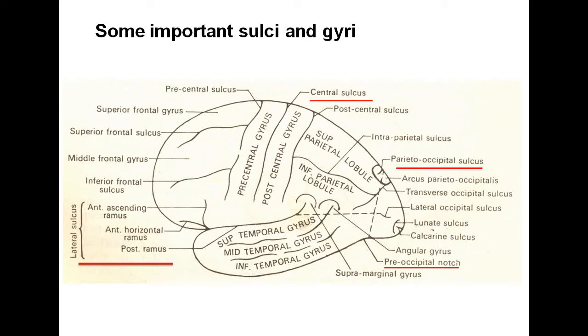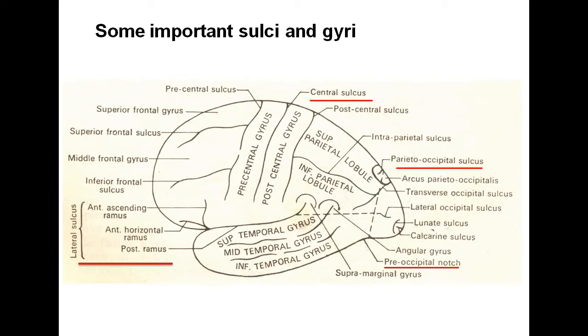The cerebral cortex is folded into gyri, which are separated from each other by sulci. Why are there elevations and depressions? Because it increases the surface area of the cerebral cortex. In the human brain, the total area of cortex is more than 2000 centimeters square, and approximately 2/3 of this area is hidden from the surface within the sulci. So again, there are different types of sulci as given below.